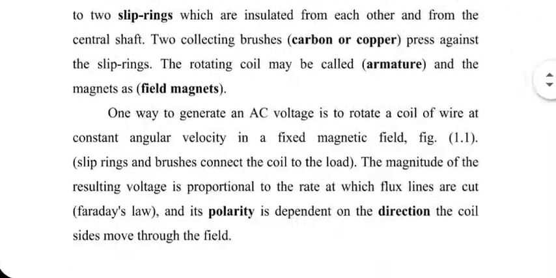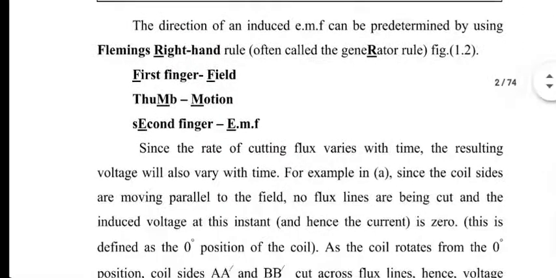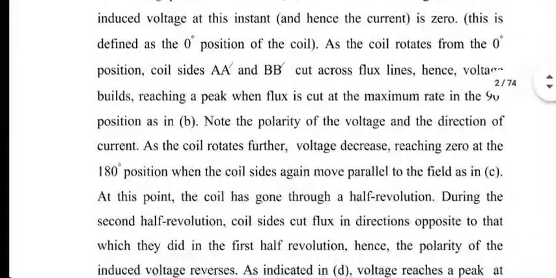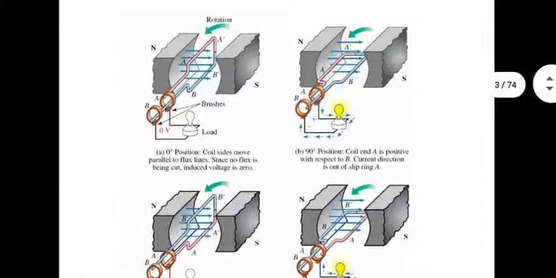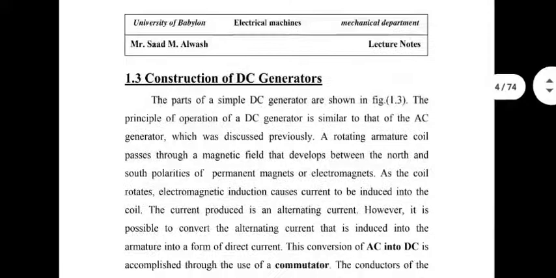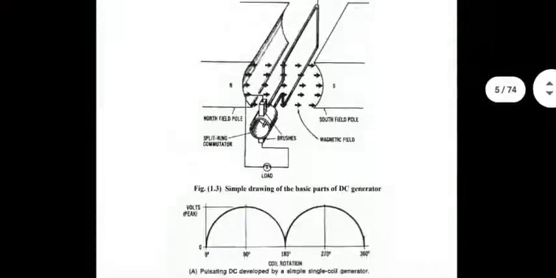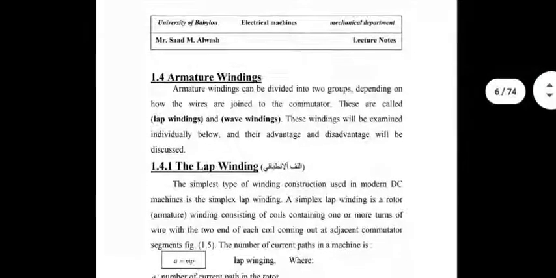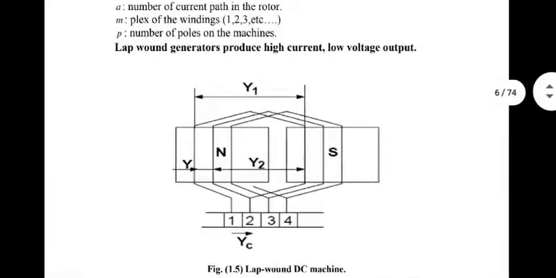Simple loop generator, I have already gone through it. This fellow is saying what we have already gone through. He is also telling you how to figure out the nature of EMF generated based on the right-hand rule, etc. This diagram has been shown to you in previous documents also. Let's move forward. Construction. This also has been partially shown to you. But let's see if he has got any pictorial diagram. Left winding. Yeah, this is a diagram that shows left winding in detail.